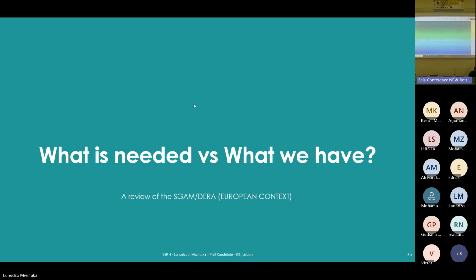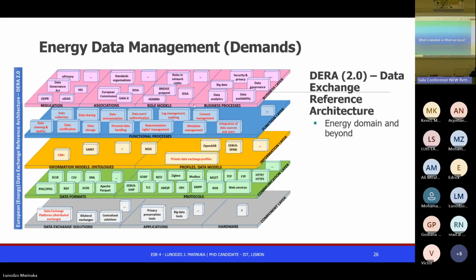what is needed versus what we have currently. So getting a picture around this, I've extracted the data exchange reference architecture from the European Union. What do they really want? So they split this in terms of layers. They have a component layer, communication layer, and other upper layers. I hope you can see this diagram